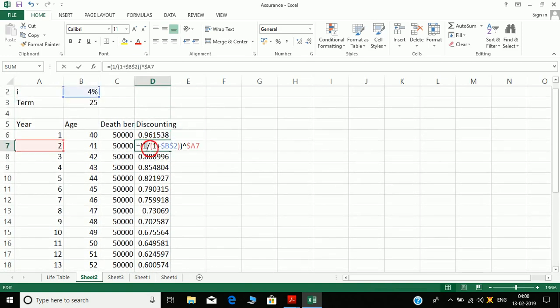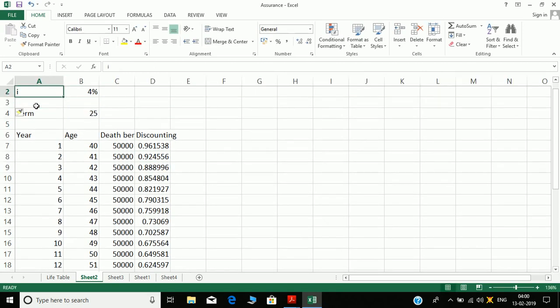You can see second year it becomes 1 by 1 plus i, this is v squared, this is v cubed. There's another way of doing it: you can just calculate v directly over here, which is equal to 1 by 1 plus i, turn into percentage.